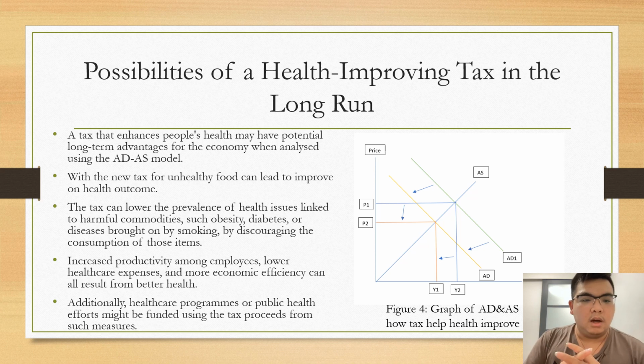Also, the tax can lower the prevalence of health issues linked to harmful commodities such as obesity, diabetes, or other diseases that come from eating unhealthy foods such as fast food, or diseases that come from smoking such as lung cancer, lung infection, or heart disease. So by discouraging the consumption of those items, this will help the health of the people to go up, not